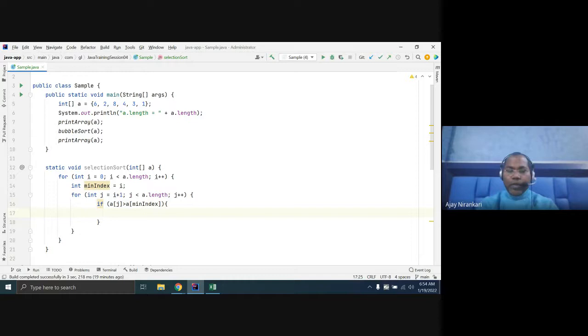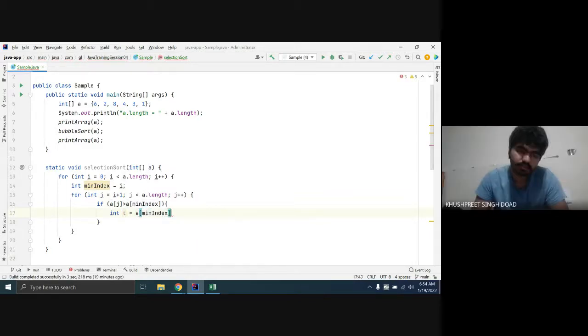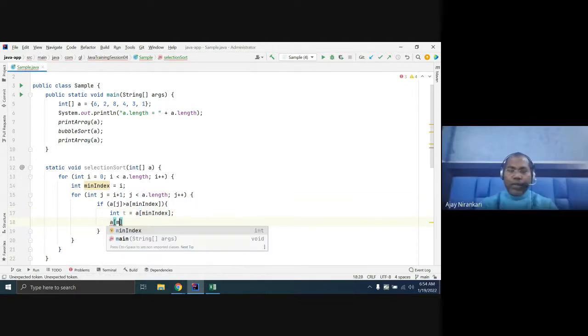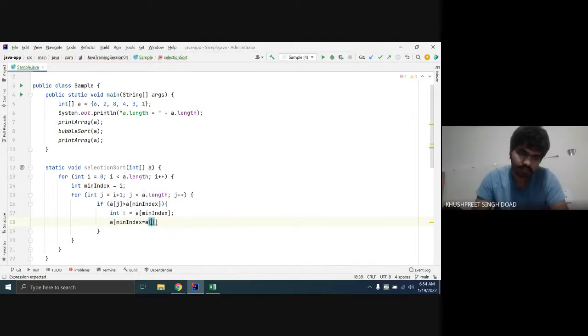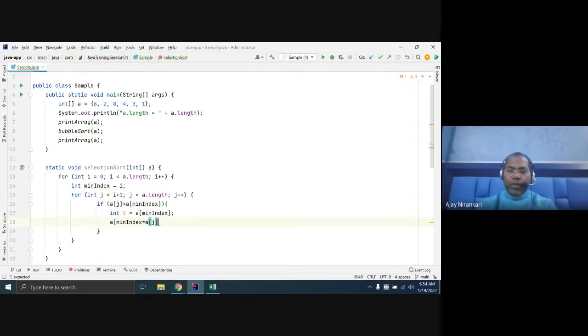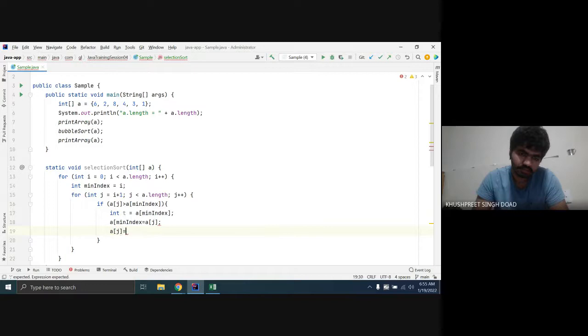And we have to swap just like in sorting. Take a temporary variable, take a of min index, and place a of j in a of min index, and a of j gets the replaced value.